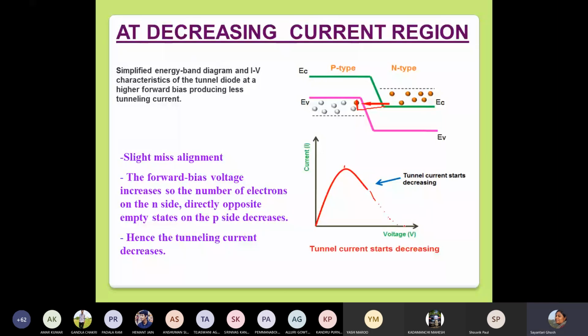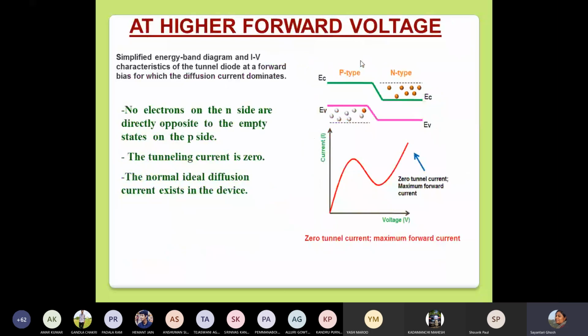But meanwhile, the applied voltage is enough so that the actual forward biasing starts, and now the electrons can cross the barrier just like in ordinary PN junctions. So for higher voltages, at one point there is a turn, and this turn occurs because of the ordinary PN junction current, that is, the passing over through barriers. This current starts after a certain voltage value and then increases gradually, and catches up at the point where the tunnel current was reducing.